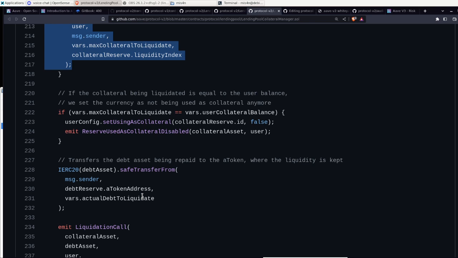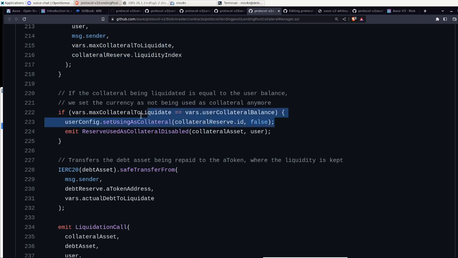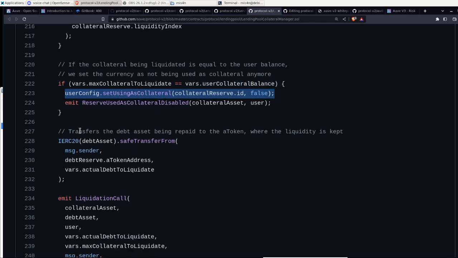So the user configuration will be set to this asset. Actually, no, we're setting this to false, meaning that, okay, the user is now paying this. If he had any debt before, he's now paying, so I can set the configuration to false because he could be liquidating something else after.